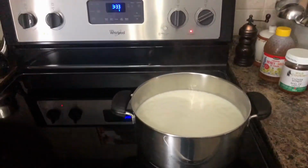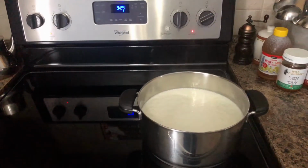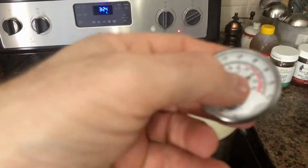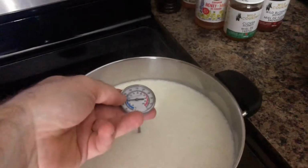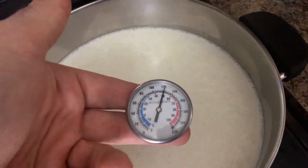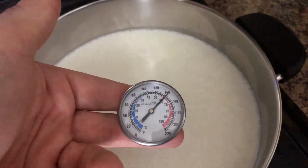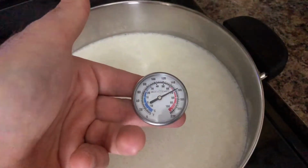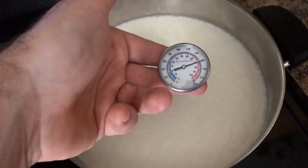and keep an eye on the milk. The temperature should come to about 100 or 212, depending on what you're using, or you can just keep an eye on it or buy one of these to be safe. So I have the milk here for a few minutes. It's already going up, so it seems like it's going up pretty good. It's at 150, 160, so still have a little bit to go,